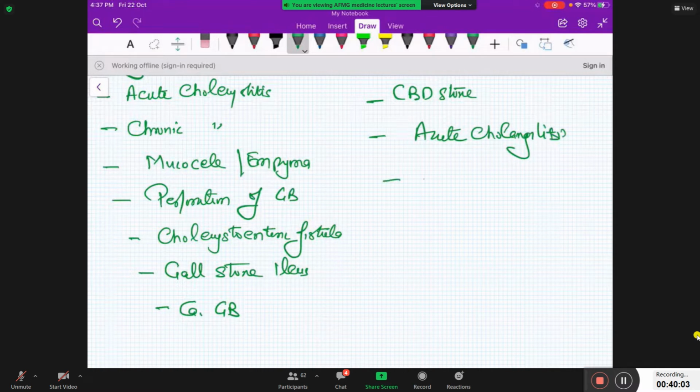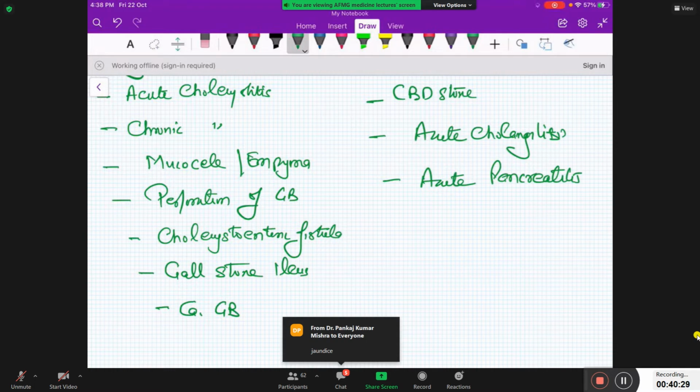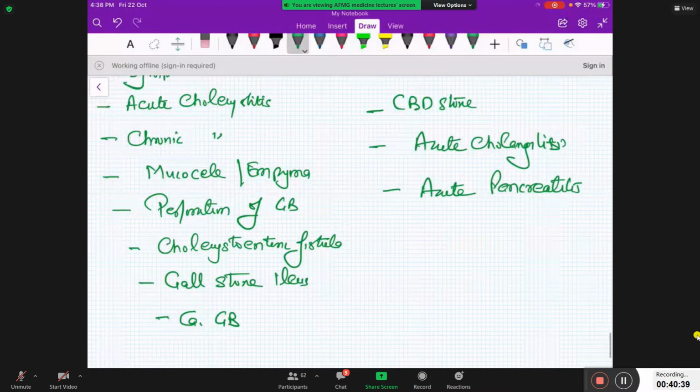One can also develop acute pancreatitis due to gallstones. Acute cholangitis, सीबीडी स्टोन होगा तो जॉन्डिस हो जाएगा ना,